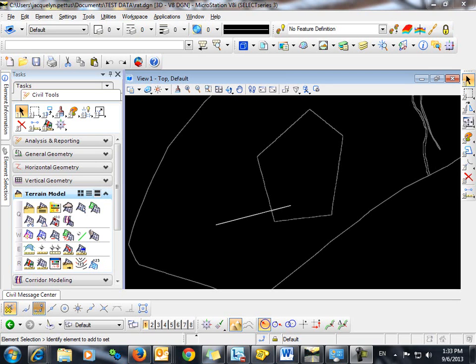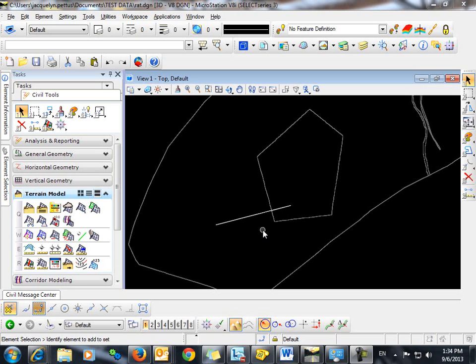This video will demonstrate the use of the Report Crossing Features tool to locate intersecting line features such as break lines or contours. As you can see, we have two break lines displayed which are intersecting. So what we want to do is pull up a report on these to find out the elevation at the